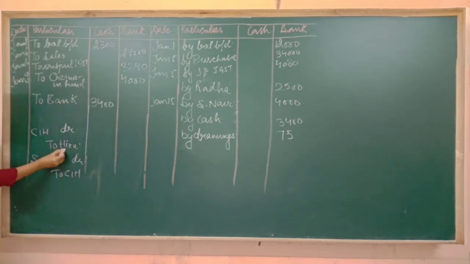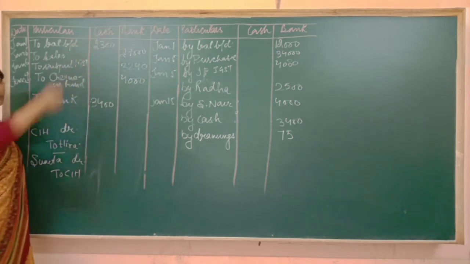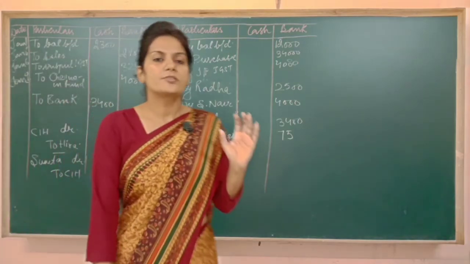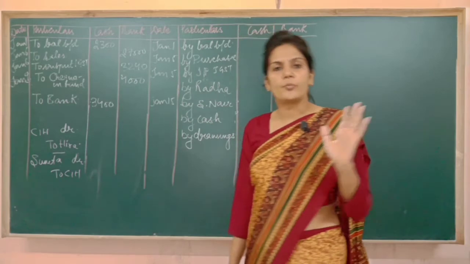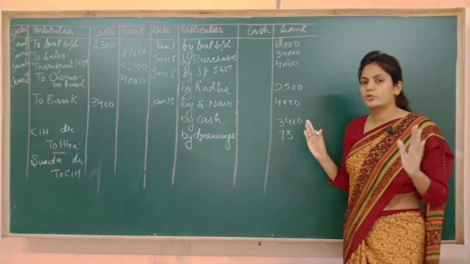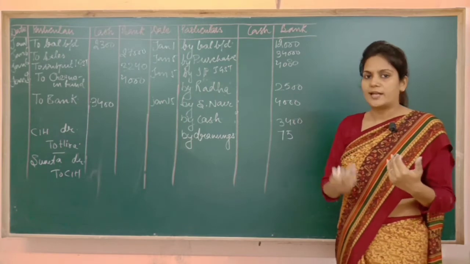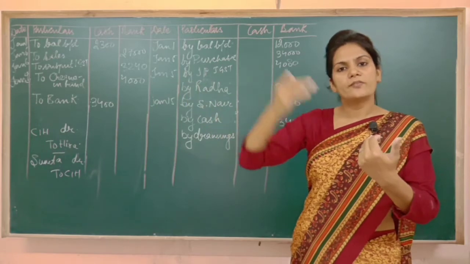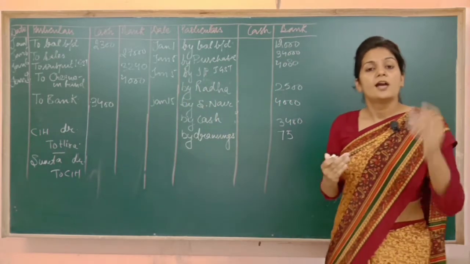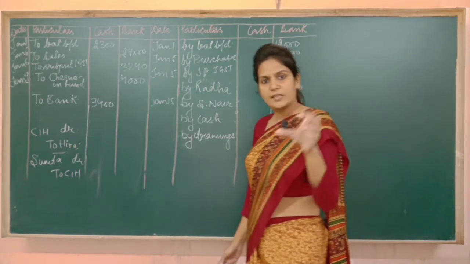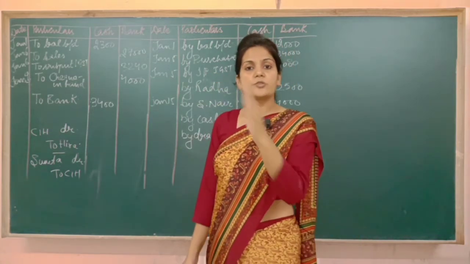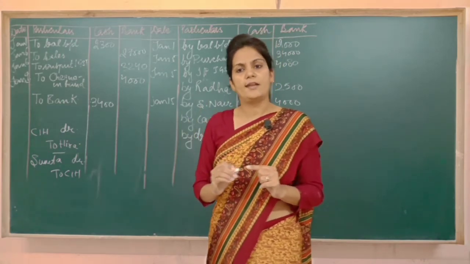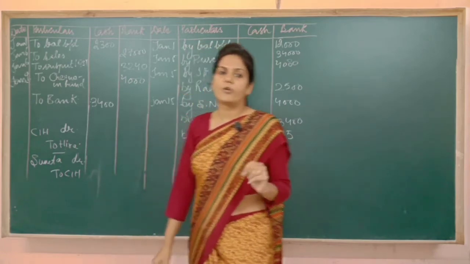Now, checks in hand, Hira and Sunita, we are not making any of these columns here. It means that these two entries will not be posted in the cash book. These two entries will be written in the journal proper. So I hope the concept is clear to you. On 25th, I am receiving the check, but I have not deposited the check into the bank. So I have to write the words checks in hand. Who is the giver? Hira. So the entry is checks in hand to Hira. When I am endorsing the same check to somebody else like Sunita, then Sunita becomes the receiver to checks in hand. So none of these transactions will be recorded in the cash book.